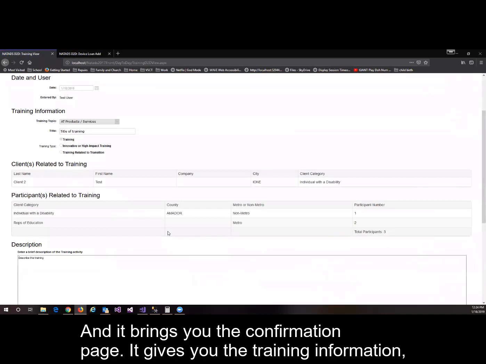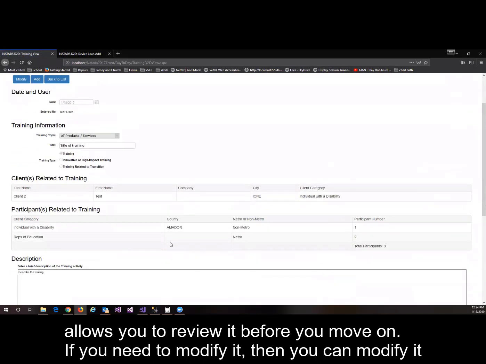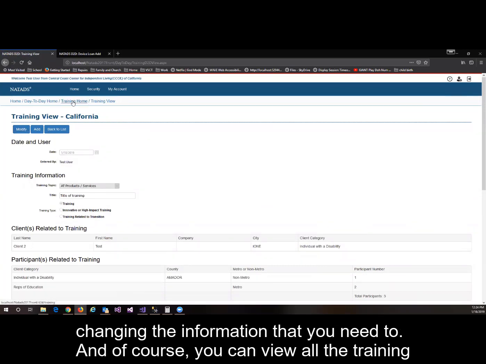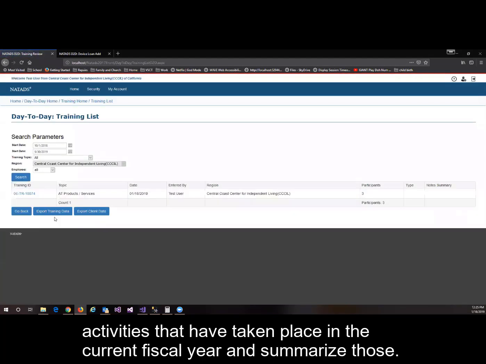And it brings you to the confirmation page. It gives you the training information, allows you to review it before you move on. If you need to modify it, again, you can modify it just by clicking the modify button, which will take you back into the edit form and change any information that you need to. And then, of course, you can view all the training activities that have taken place in the current fiscal year